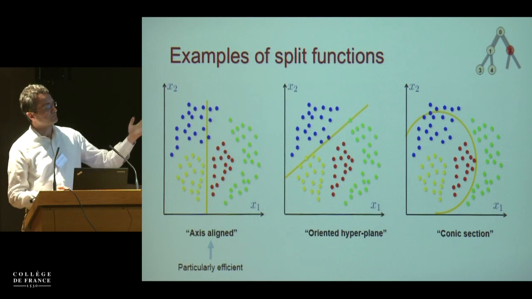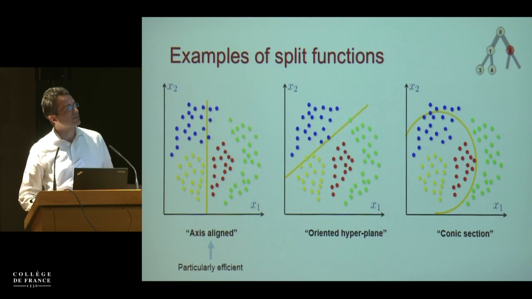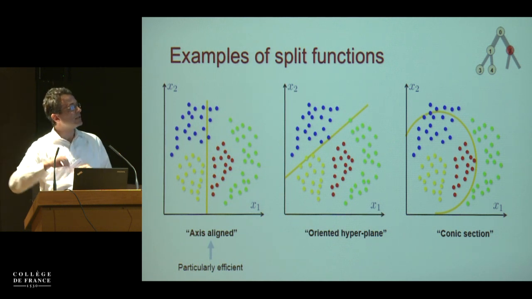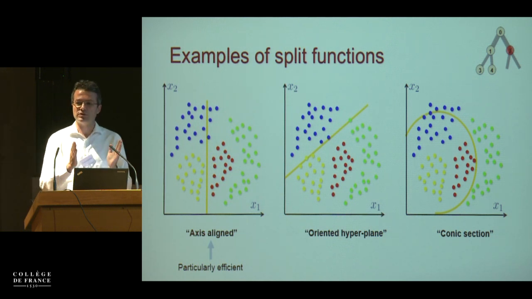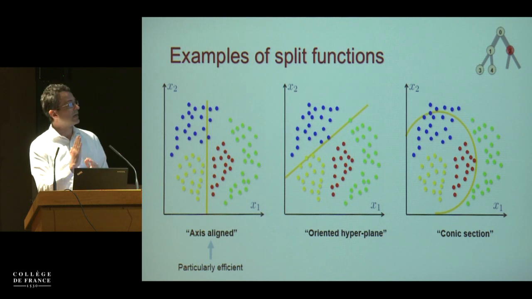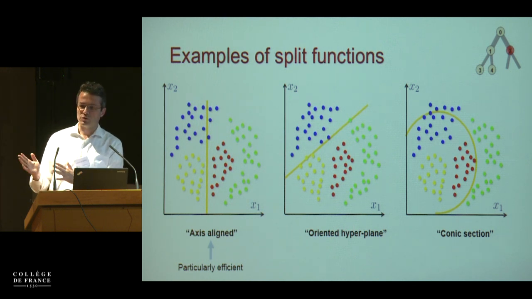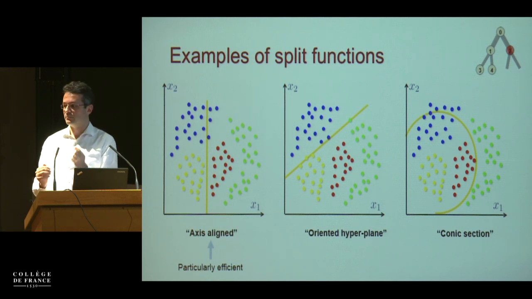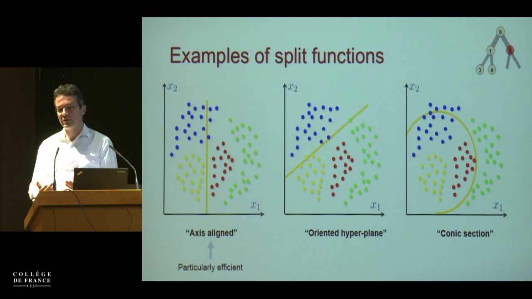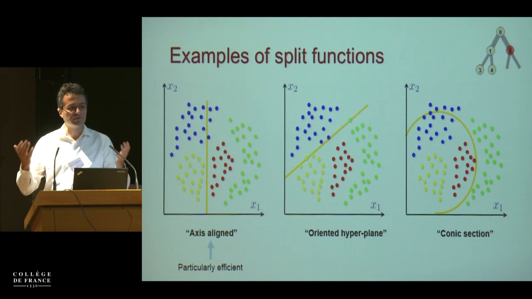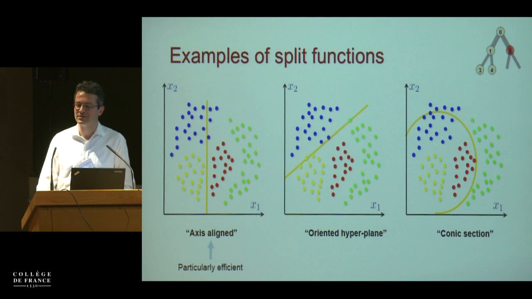For instance, the toy example I just ran uses linear splits, but we can use something a lot simpler than that, what we call axis-aligned splits, which turn out to be almost as good as linear splits, but much, much more efficient. So if you care about computational efficiency, which is very important when you have 4D, 5D, 10D sort of images,